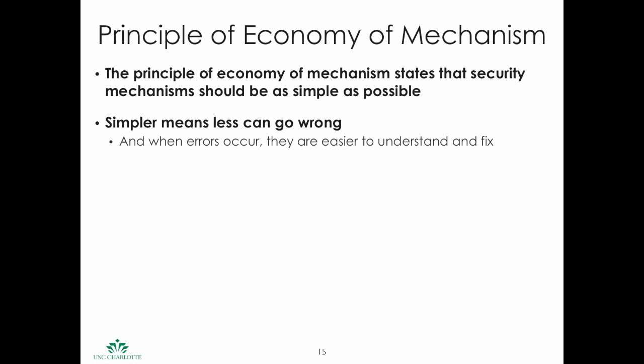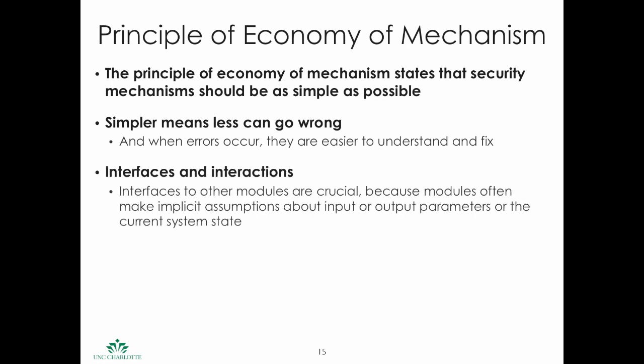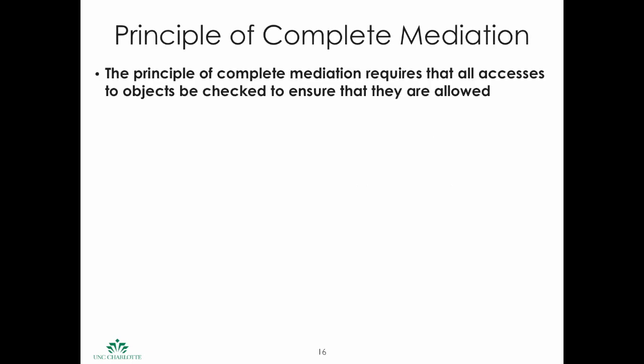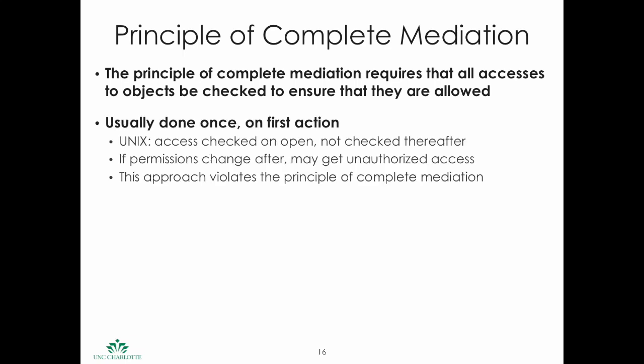So if design and implementation are simple, fewer possibilities exist for errors. The checking and testing process is less complex because fewer components and cases need to be tested. Similarly, the interfaces to other modules and the interactions between them should be as simple as possible in order to reduce the incorrect assumptions about input or output parameters or the current system state, which could lead to unexpected and erroneous results. The principle of complete mediation states that all accesses to objects should be checked to ensure that they